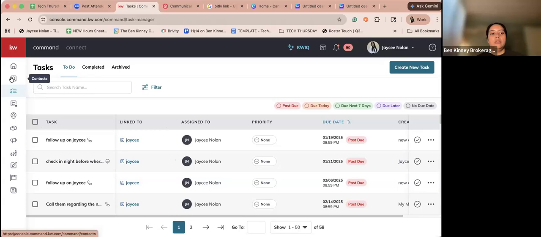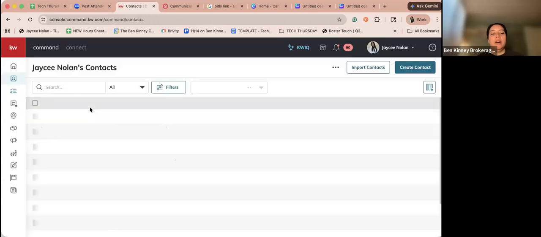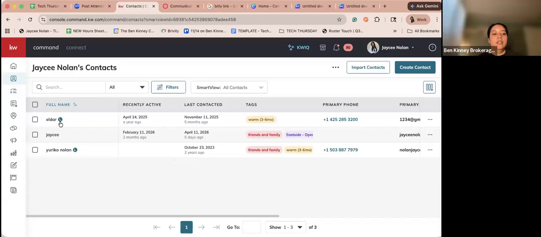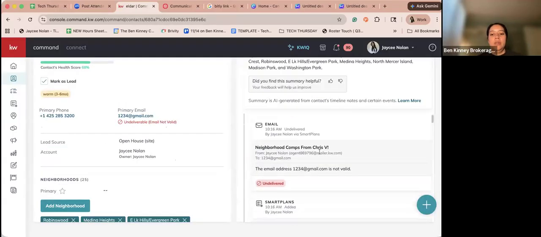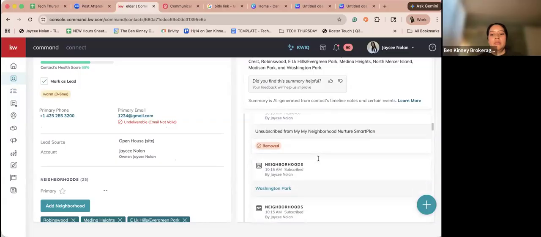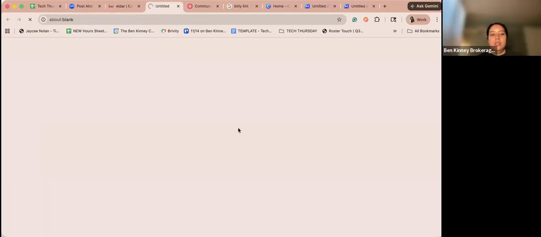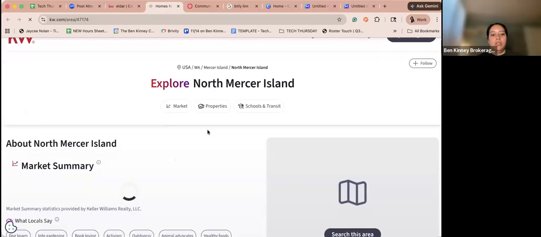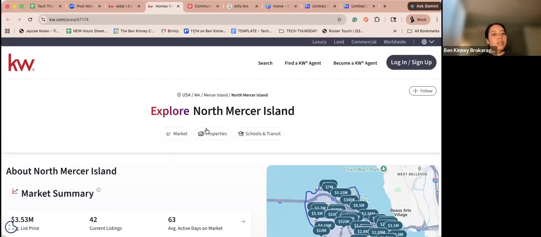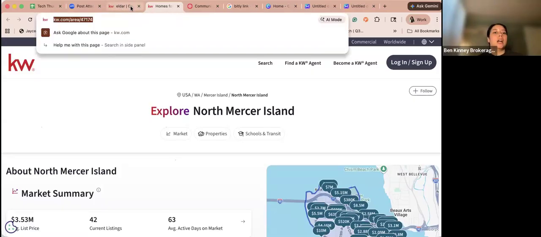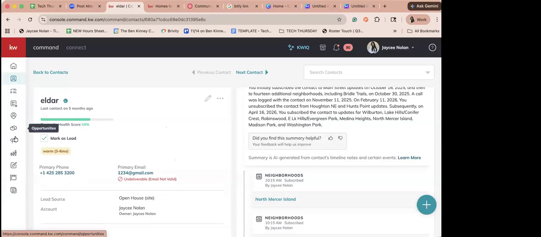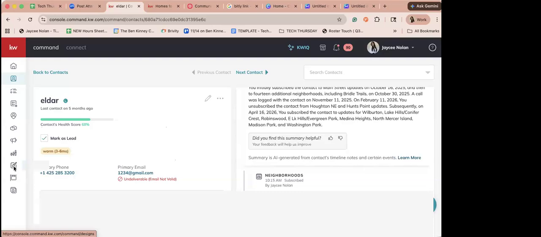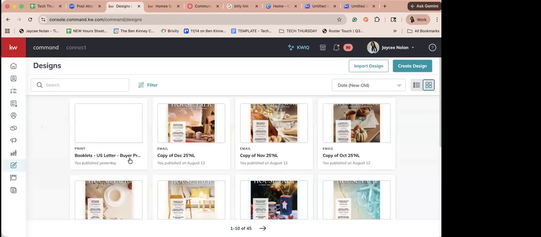So, just wanted to make sure, did you grab a link like, let's say, this one here with the neighborhood nurture sequence, or is it something that you built out in Command, and did you send it to yourself? Like, where did the link come from, start from? I created it in Command and then I opened it like an HTML, copied the link and pasted